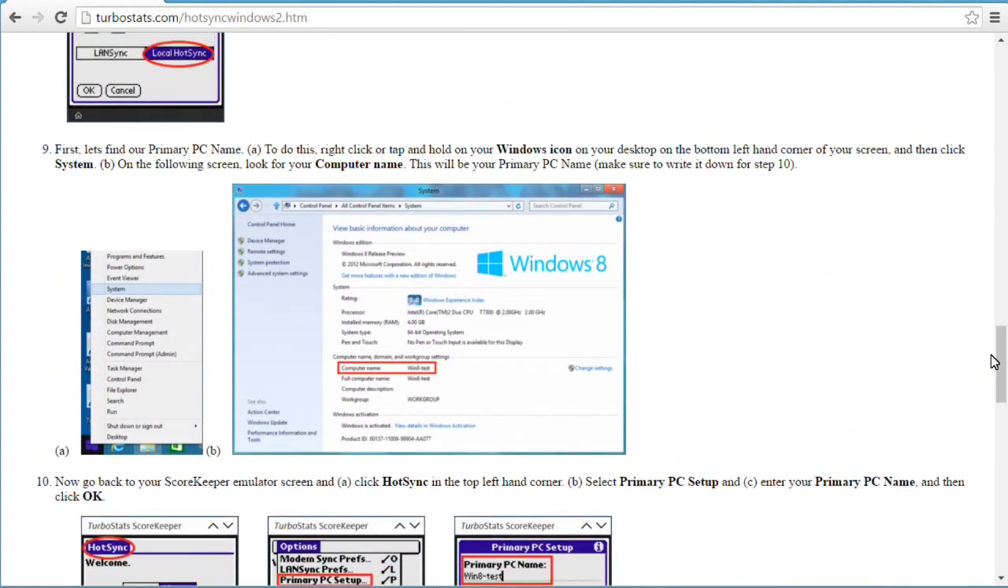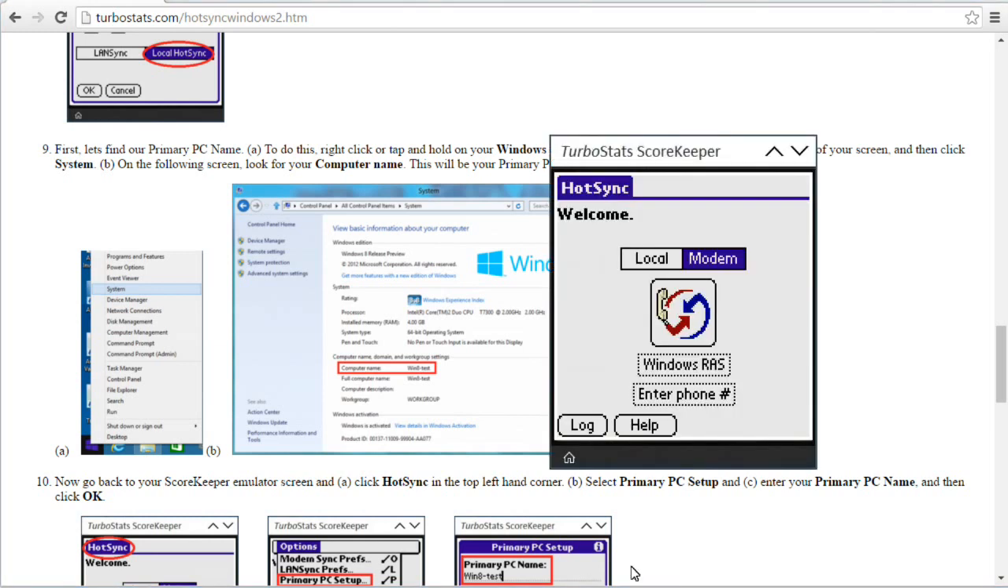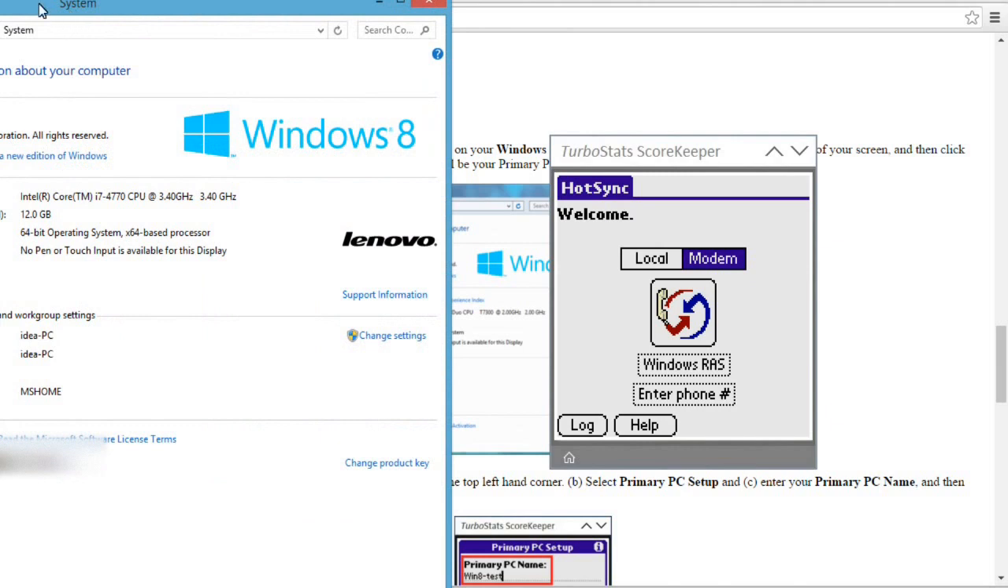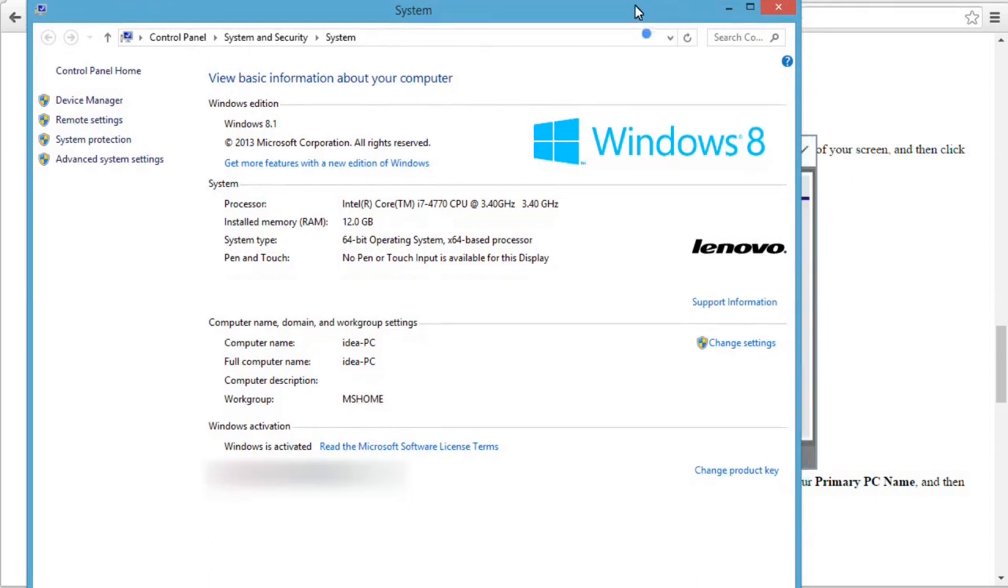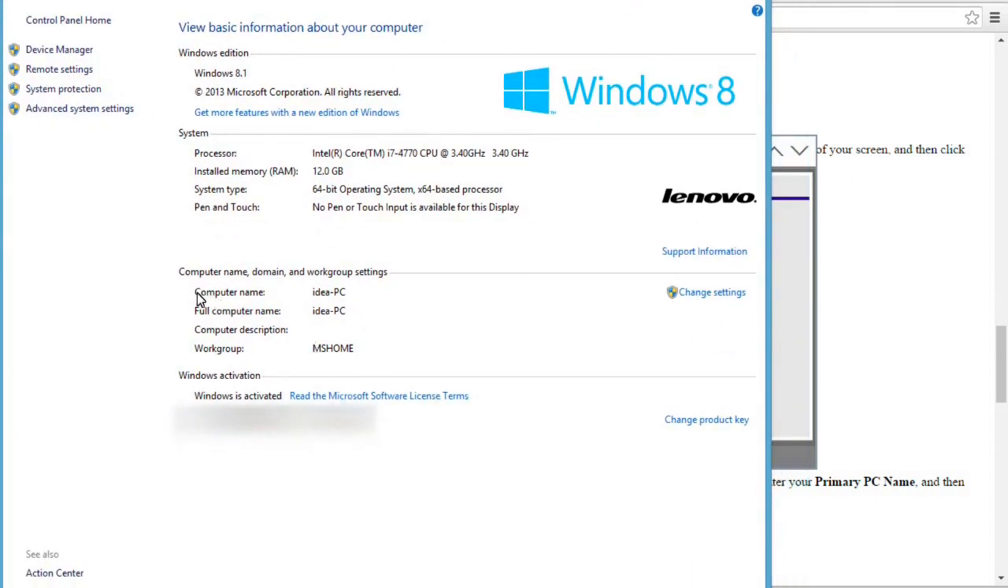We need to get our PC name. To get our PC name, you want to click on the Windows icon on the bottom left hand corner of your desktop, and you should see a bunch of different options appear. The option you want to click on is System. When the System option is selected, you should get a screen like this to appear, and your computer name is going to be right here. For this computer, our computer name is IDEA